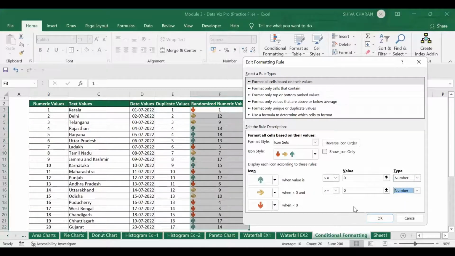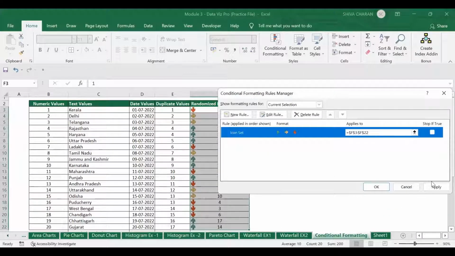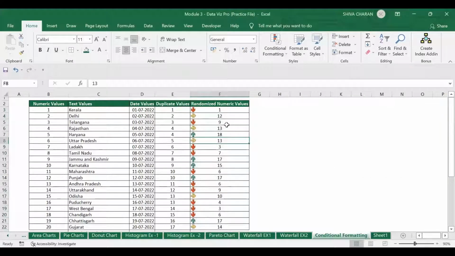So I'm changing it to numbers, and whatever value is greater than 15 will be a green arrow, whatever is greater than 10 will be a yellow arrow, and less than 0 will be red. Now if I click OK, apply, and OK, you can see